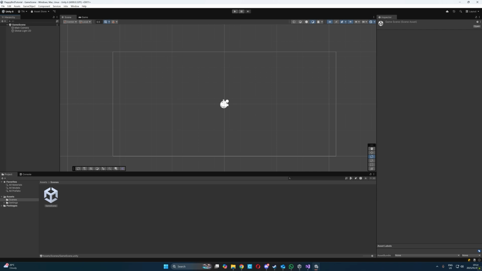They are only there to show us where our camera and lights are positioned in our scene. This makes sense because the camera and lights don't have any physical objects that the player would see, so we use gizmos to keep track of them. We can hide or show our gizmos by clicking the gizmo toggle here in the top right hand corner of